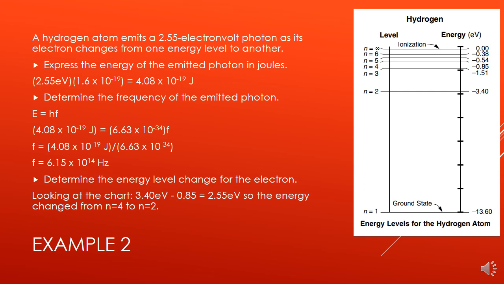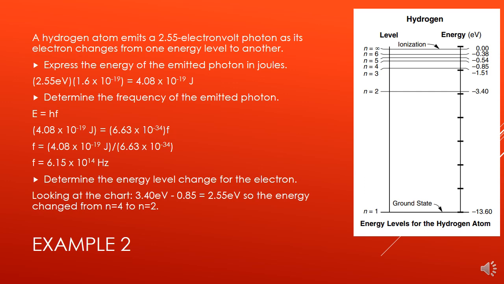The first bulleted point says, express the energy of the emitted photons in joules. So I'm going to take 2.55 electron volts, multiply it by the conversion factor, and I get the energy in joules. Next bulleted point says, determine the frequency of the emitted photon. I use E is equal to hf, and I can solve that for the frequency in hertz. The last one says, determine the energy level